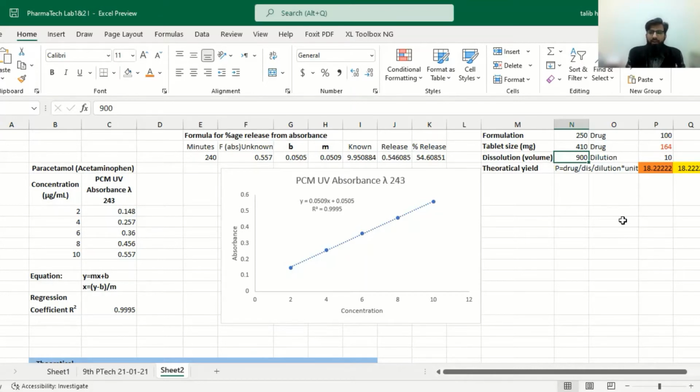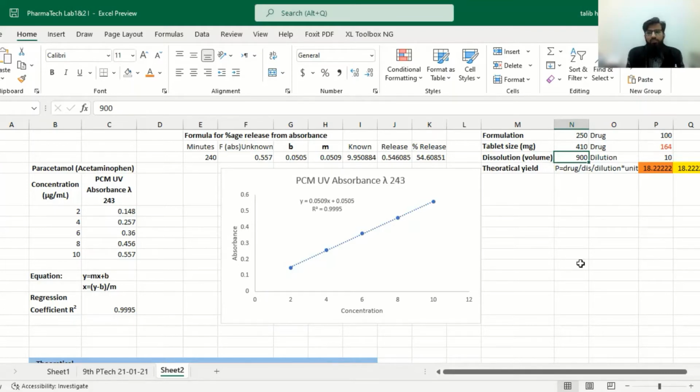On this parameter, we also have to check whether our instrument can assess the concentration which is available in a sample. So firstly, I will tell something about dissolution. In a dissolution, we have a basket or a round bottom flask in which 900 ml of buffer is used for dissolution.